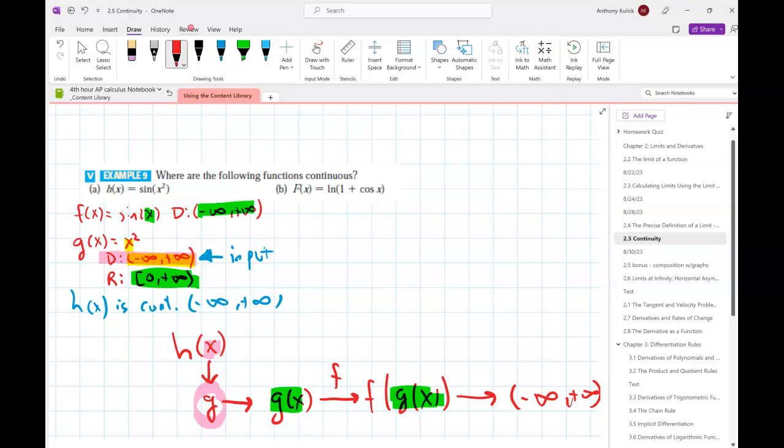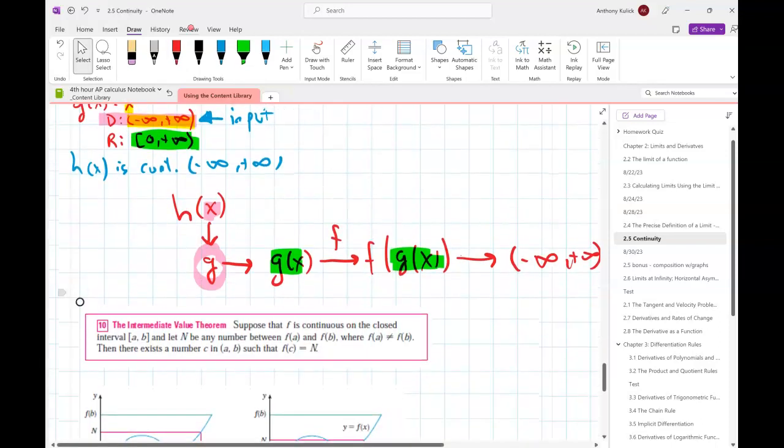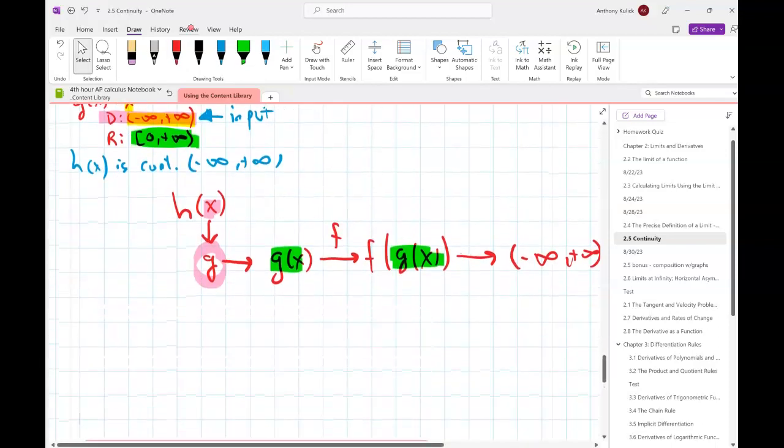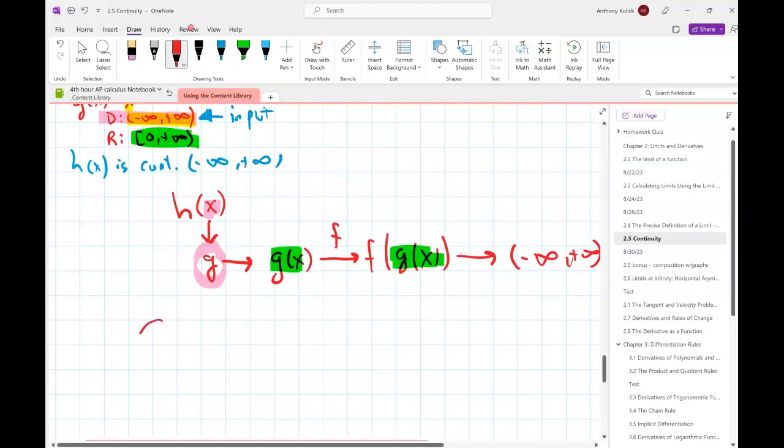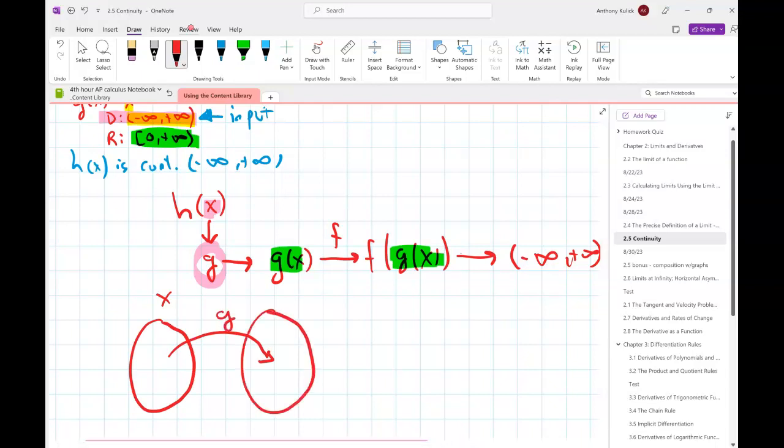Maybe I can draw a better picture than this. Let's try it again. So this is like my x, and then here's g. So that takes it to g of x. And then here's f. And note that f, or the domain of f,